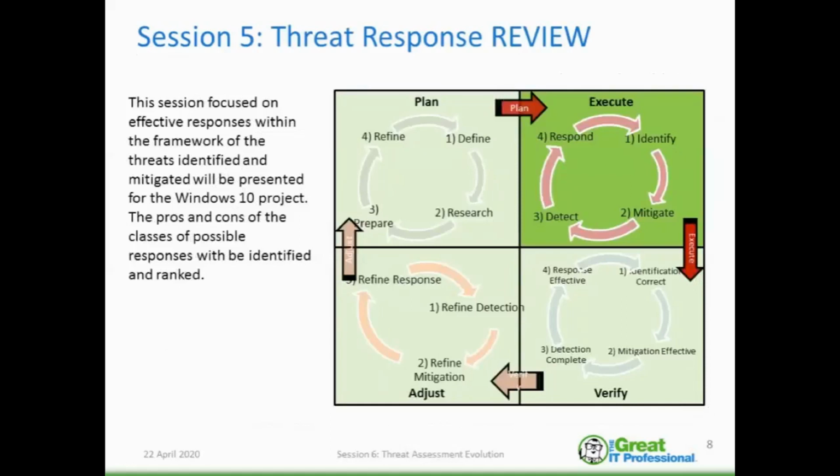Our previous session, session 5, was the threat response, and here we focused on different effective responses. What can we do within the framework of the threats that we've identified and that we then want to mitigate? There's not an issue with doing some type of response. In fact, it's critical that you respond to these.